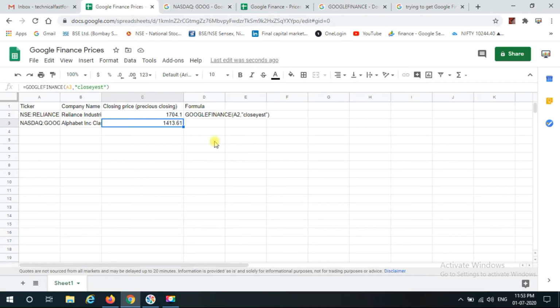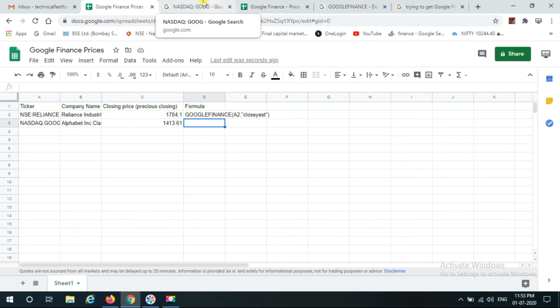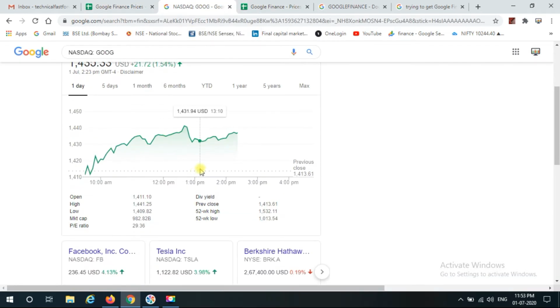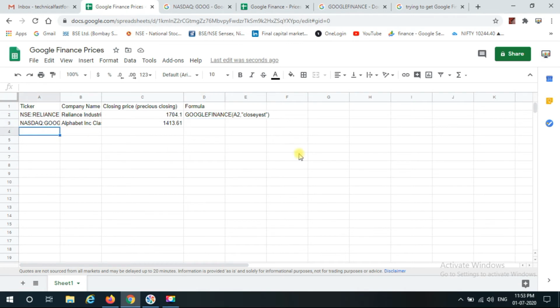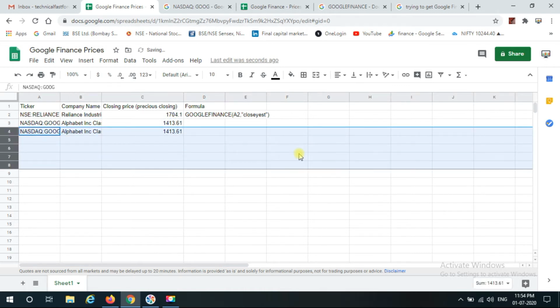So let's move to another attribute. What is that? Let's say I need the high. This is 1441.25. So what I will do is, again, I'll copy this down. I'll copy this as well, and I'll just have some spacing.